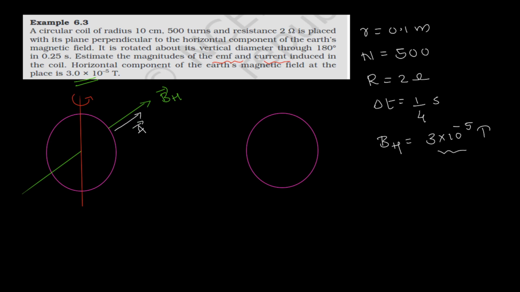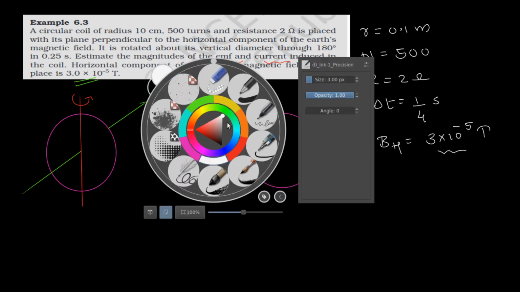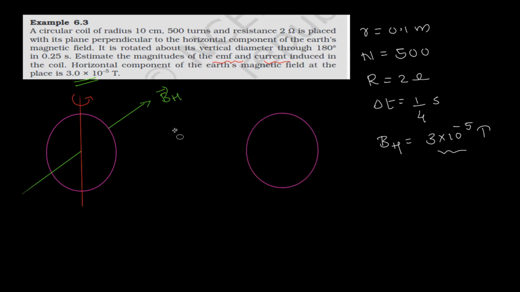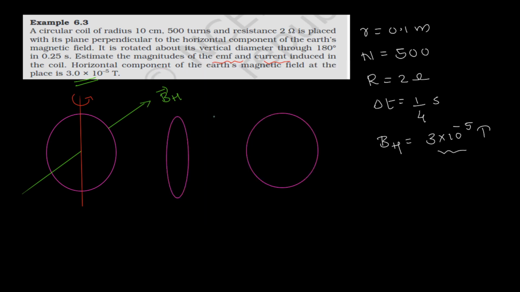After a while, before you completely rotate it by 180 degree, somewhere in between, your circle should look something like this. You will have rotated it by 90 degree, and it would look something like this, and your magnetic field